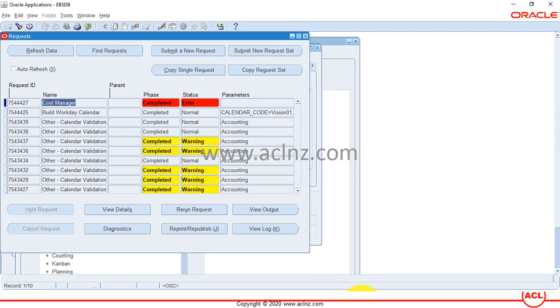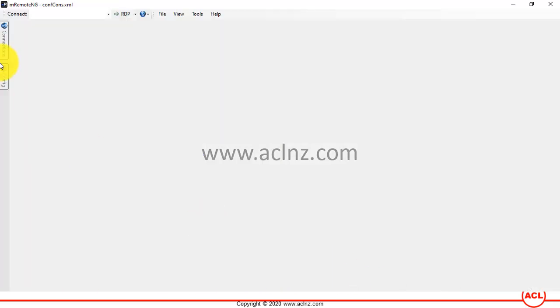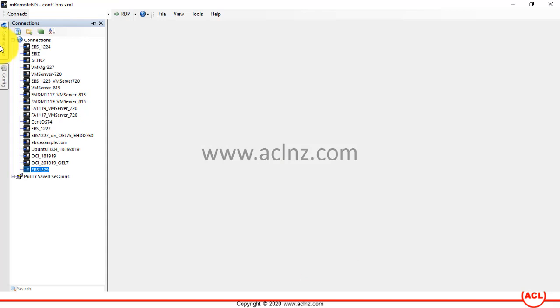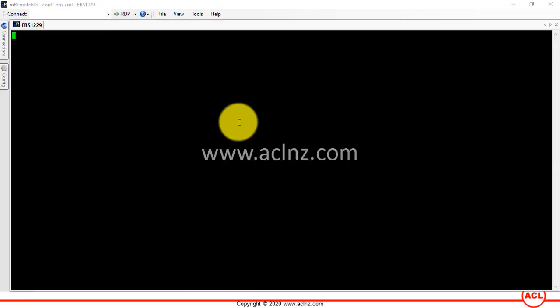So here I am logged into the Oracle EBS server. Let me connect via another interface to our server. I've got this called mRemoteNG, and here you see I've configured the instance to connect. So I'm going to connect to our server right from here.